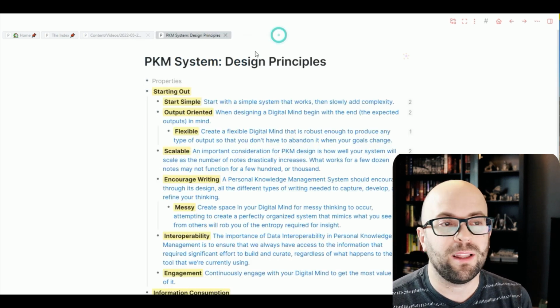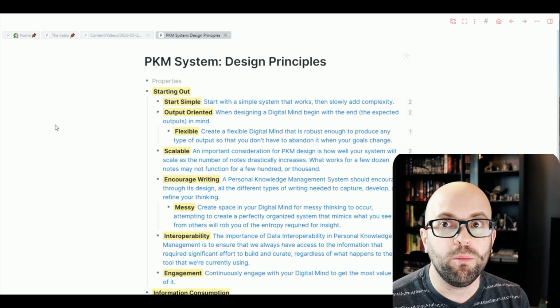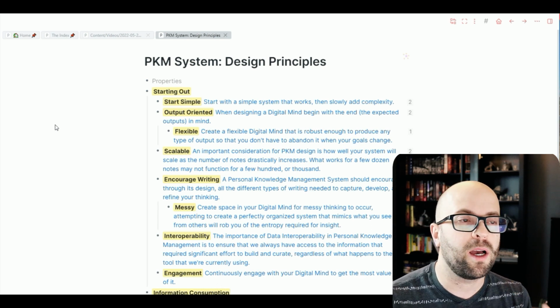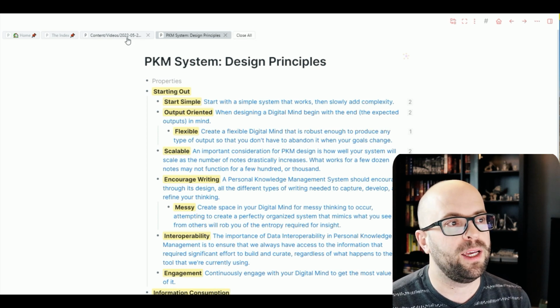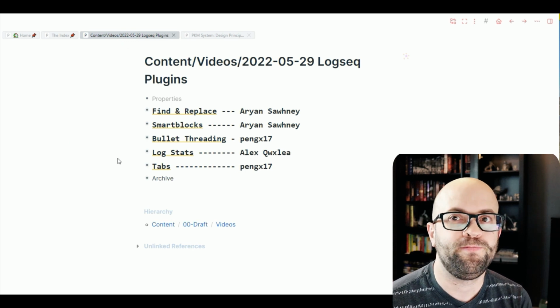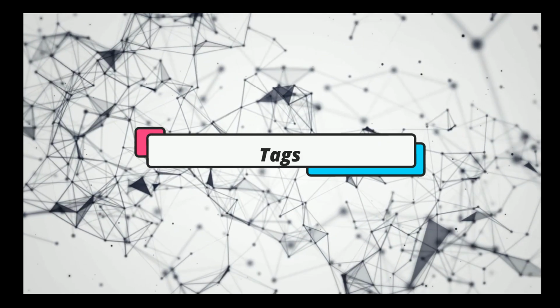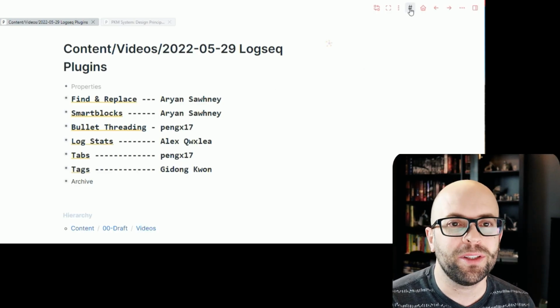The other thing that I like about this is it remembers the pages that I had open when I close it. So the next time I come back in, it's on the same configuration as what I had left it. So that is the tabs plugin. So going from tabs, we now have tags, and this creates a simple little side panel